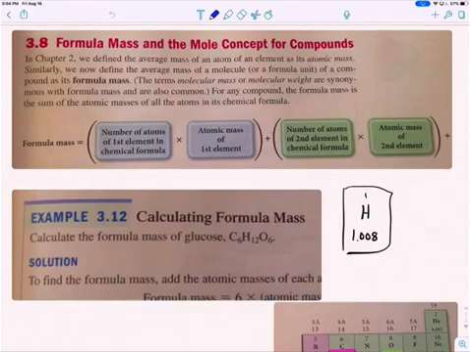Okay, moving on. We are now in the second part of chapter 3, and we've learned about moles. So now we're going to talk about, at least with elements, moles with compounds. First thing is to calculate the molecular mass, molecular weight of a compound. The way you do it is you take the number of atoms of the first element times the atomic mass of the element